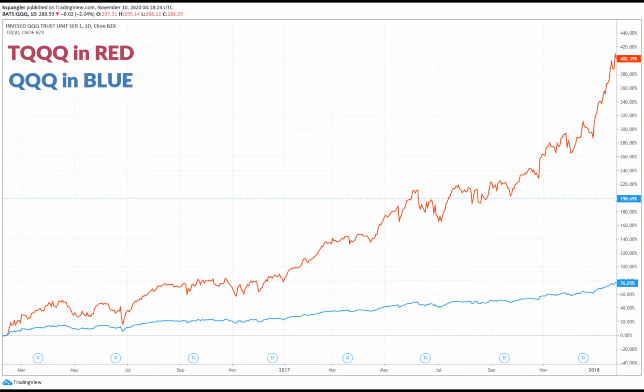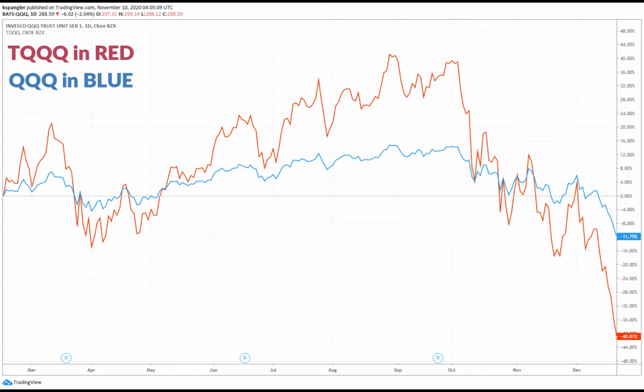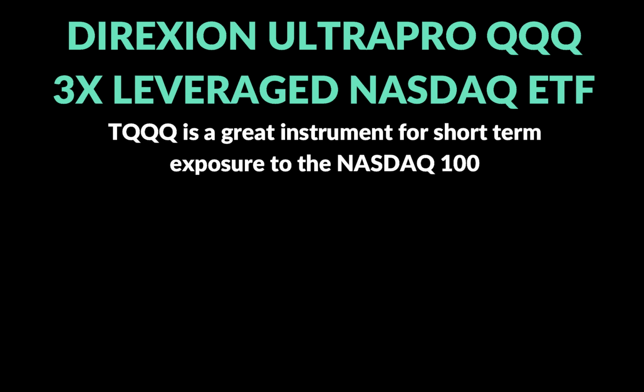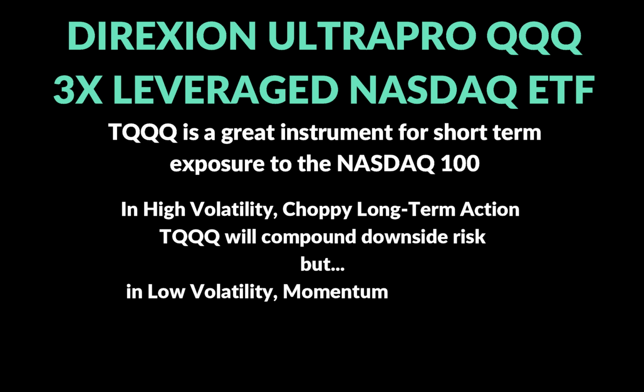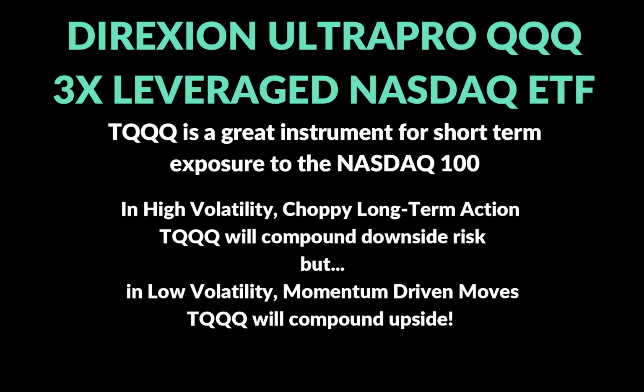And then when we move over to that volatility that started in January down to the correction in December from the Fed tightening, you can see one of the dangers of holding TQQQ. During this time period, where we bottomed in December, you had a 41% drawdown in TQQQ as opposed to only an 11% drawdown in the Qs over the same time period. One of the most important things that I want to get across in this video is that TQQQ is not necessarily a great long-term hold, but being in at the right time and taking the right amount of risk with this instrument, I think can provide really, really fantastic results.